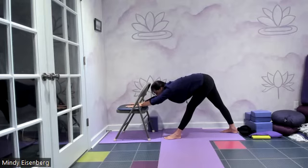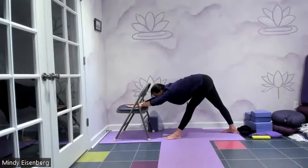Now, at the same time that we're stretching, we're strengthening. So we push down through our feet, and you might feel your belly pull in. That's the strengthening. Imagine that you're pulling your left heel back, even though it's not moving. That's the isometric. Now bring your mind's eye to your left hip and send it love as you breathe in